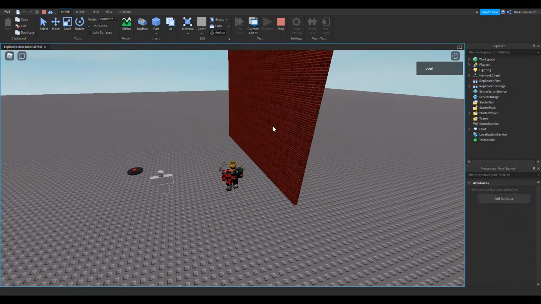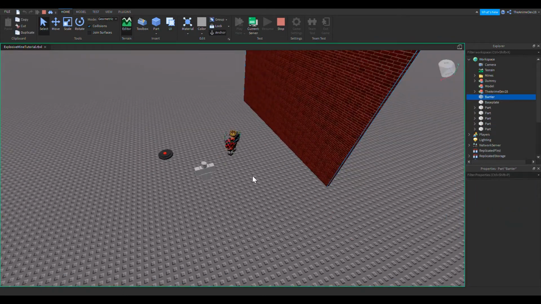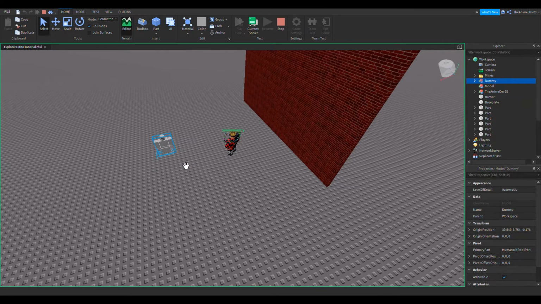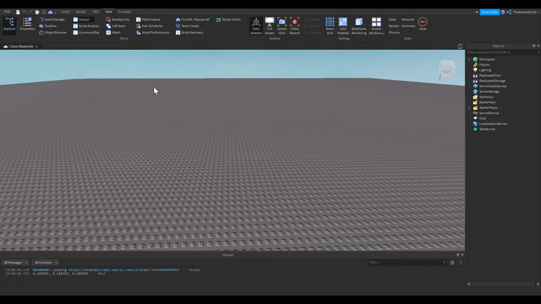Right here, for example. And I'm nearby. Bang, I still get damaged from it. So I'm going to be showing you how to make something like this. Very nicely organized scripts. There will be a decent bit of code, but it'll be nice and organized and super cool. Alright, so let's jump right into the tutorial.